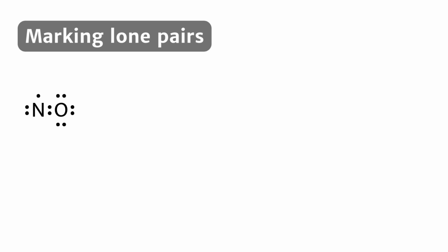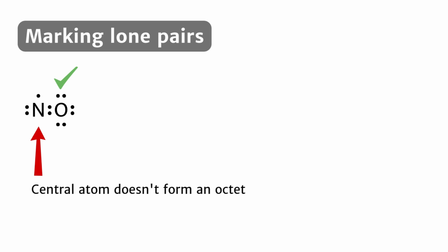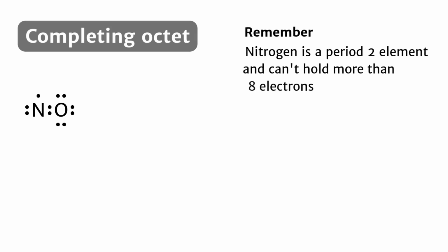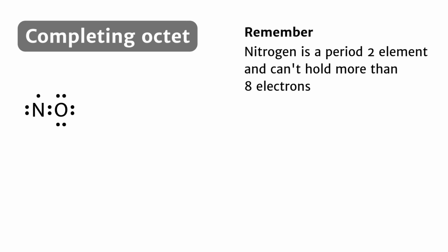The current structure clearly shows that the outer oxygen atom satisfies the octet rule, but the central nitrogen atom does not. Let's work on completing the octet for the central nitrogen atom. It's important to note that nitrogen is a period 2 element and cannot hold more than 8 electrons in its valence shell. As shown in the diagram, the nitrogen atom already has 5 valence electrons. Therefore, we will convert 1 lone pair from the oxygen atom and transfer it to the nitrogen atom to form